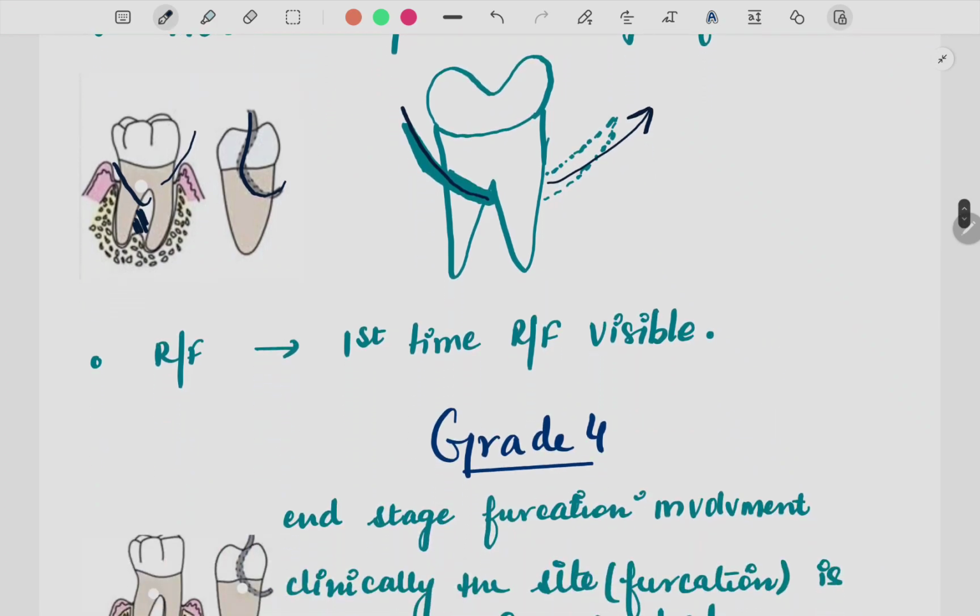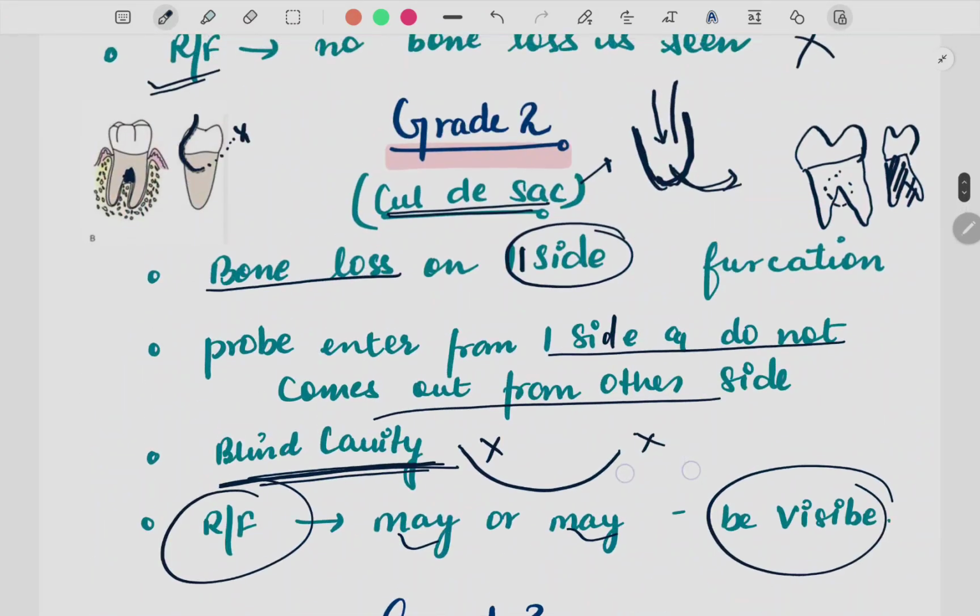Okay, now this is going to be the first stage in which definitely you are going to see the radiographic features. So you might be asked a question in table viva or chair side viva or any viva. They might ask you which is the stage in which you'll definitely see a radiographic visualization. It is usually stage 3, which is said to be the through and through stage, and which stage is said to be the cul-de-sac? This is grade 2.